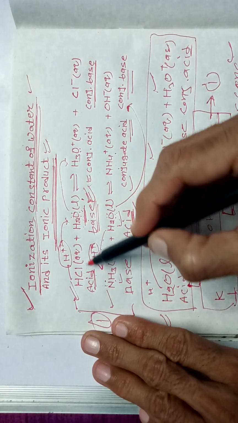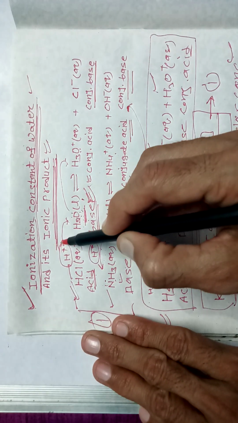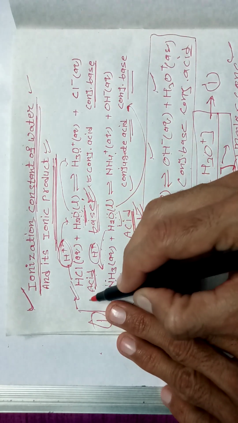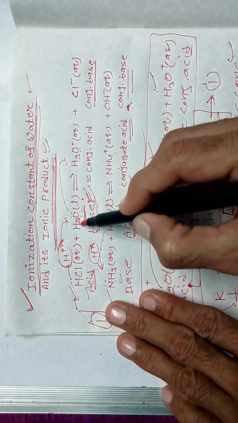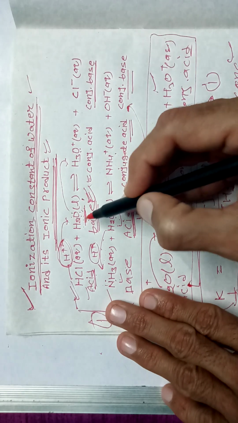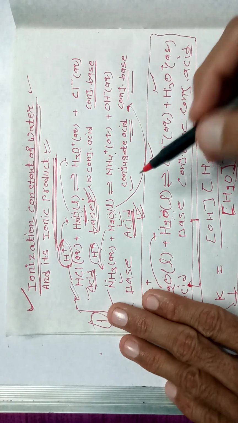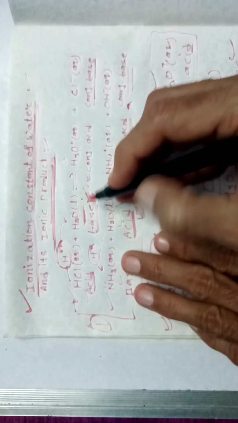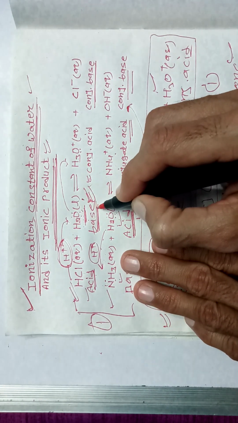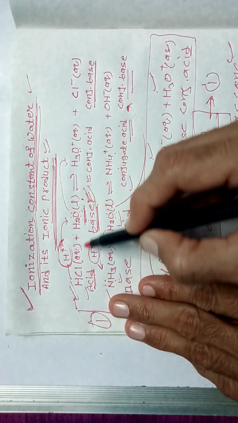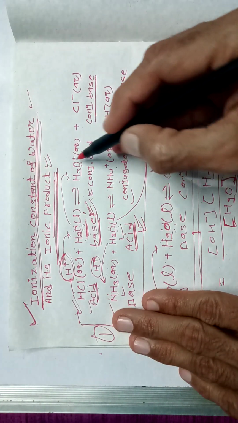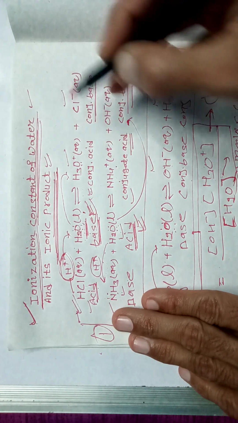Here, HCl will donate this H plus, so the H plus donor will be acid, and this H2O molecule will accept H plus, and the H plus acceptor will be base. Okay, so HCl plus H2O are in equilibrium with hydronium ion and chloride ion,